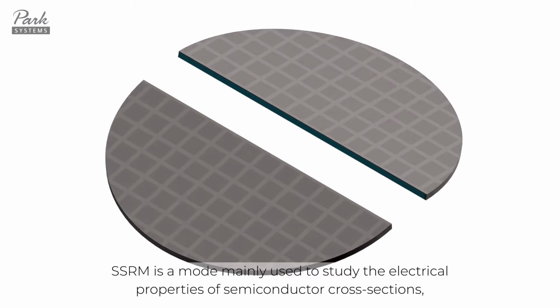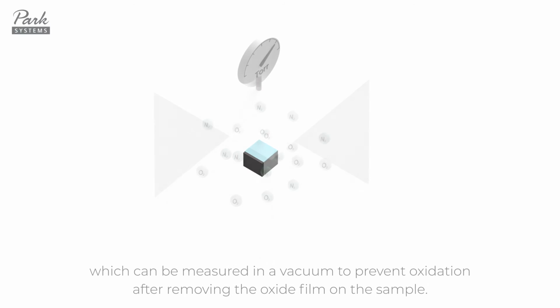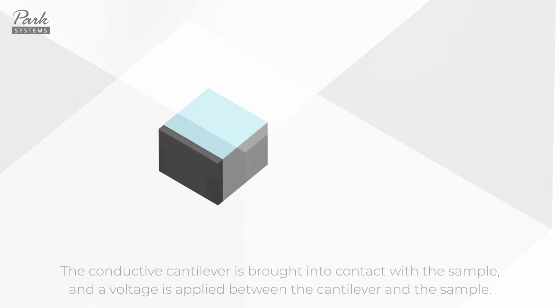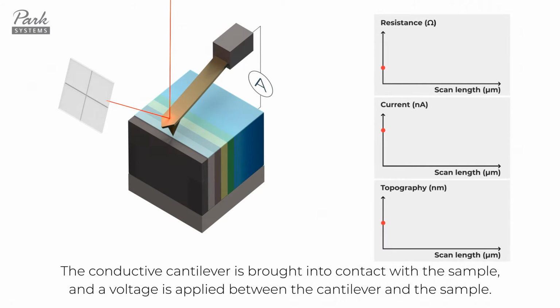SSRM is a mode mainly used to study the electrical properties of semiconductor cross-sections, which can be measured in a vacuum to prevent oxidation after removing the oxide film on the sample. The conductive cantilever is brought into contact with the sample, and a voltage is applied between the cantilever and the